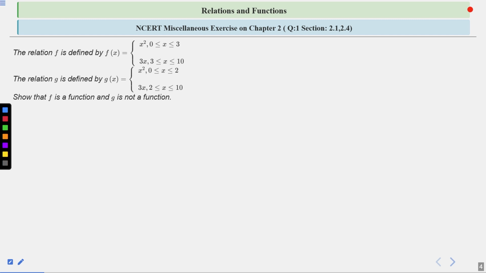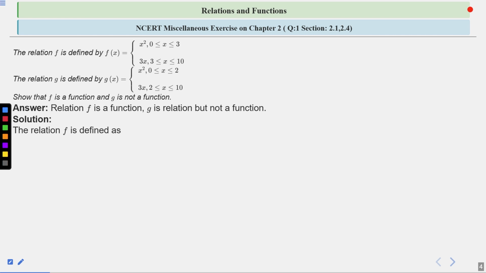Clear? And also we must have that every element from the domain has one and only one image. So using that, f is a function and g is not a function. Solution: